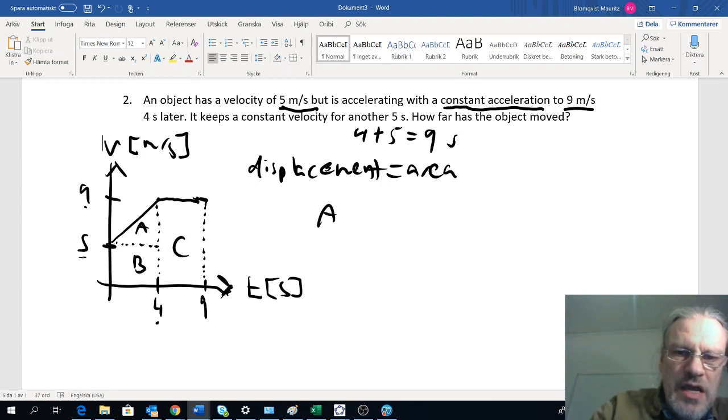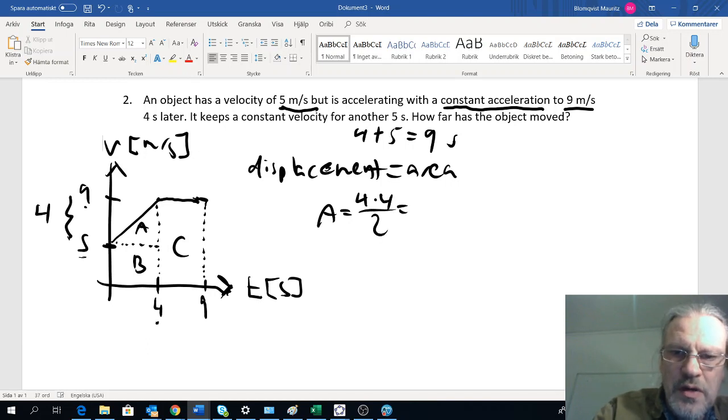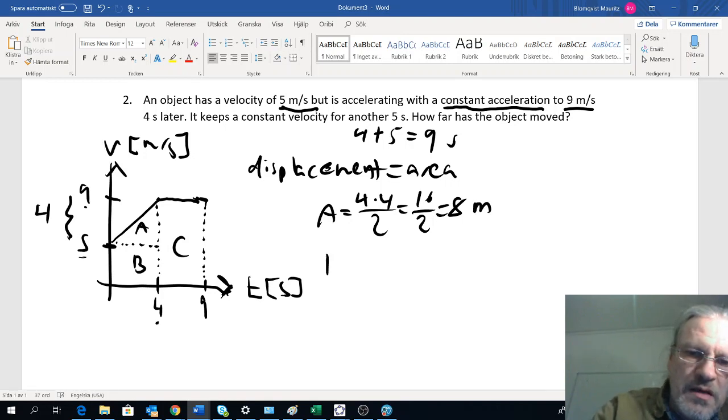So the area A here will be the base, that is 4 seconds, right? Times the height, that is the difference between these two, 9 minus 5, that's 4, right? So 4 times 4 divided by 2, or 16 divided by 2, which is 8 meters. The area B